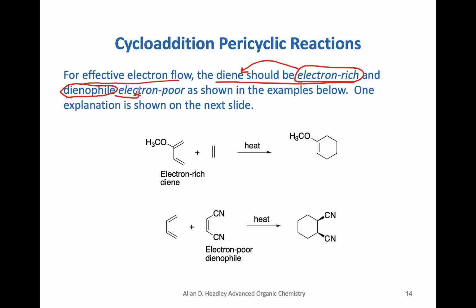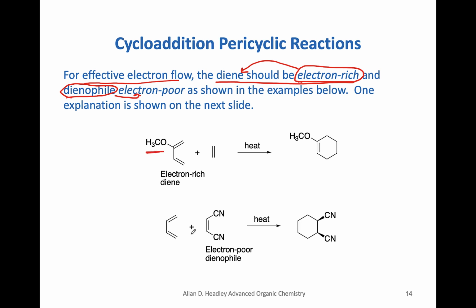What do we mean by that? Let's look at this one here. This is electron-rich because it has electron-donating groups here. Well, at least one electron-donating group here in terms of the methoxy. You will recall that the methoxy is electron-donating when you looked at the substituent effect table. So this is electron-rich, and it's been shown that this reaction works much better with the electron-donating group on